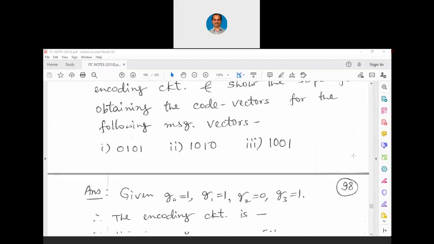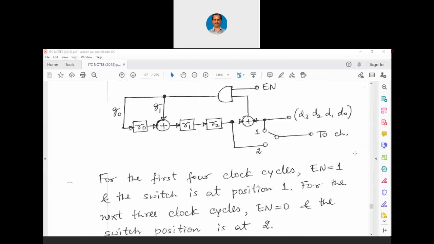The input given is 0, 1, 0, 1. So let us do it quickly. Let me change the color. It is 0, 1, 0, 1. And this 0 is going to go like this, 1 is going to go like this, 0 is going to go like this, 1 is going to go like this for the first 4 clock cycles. At that time now enable is 1. So when the first 0 is here,